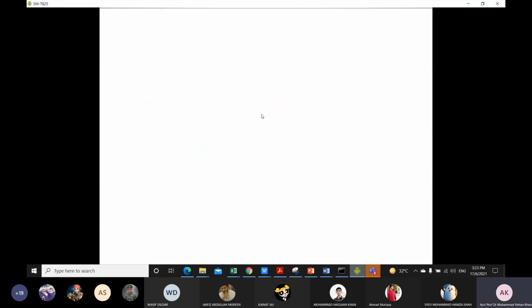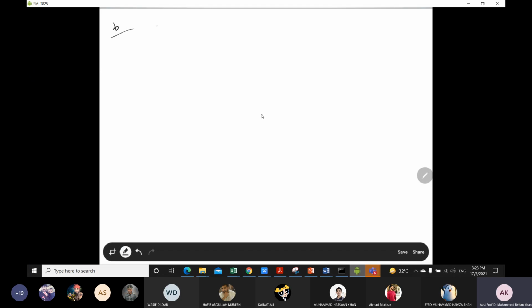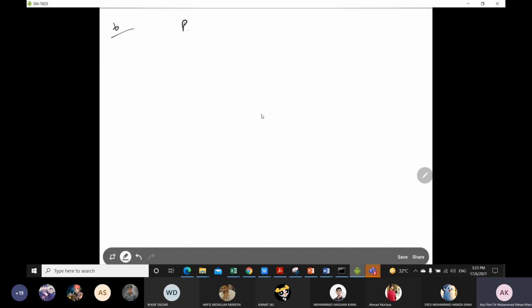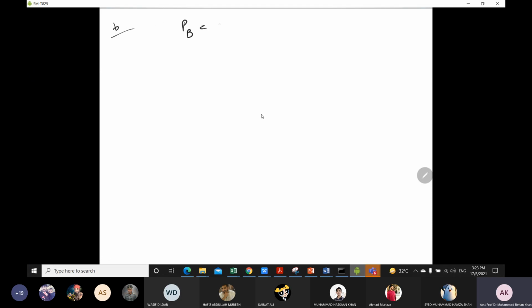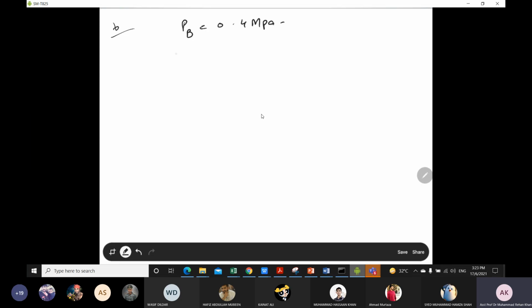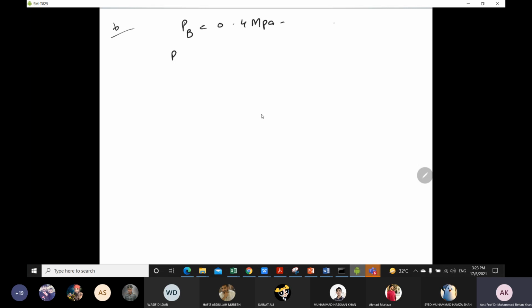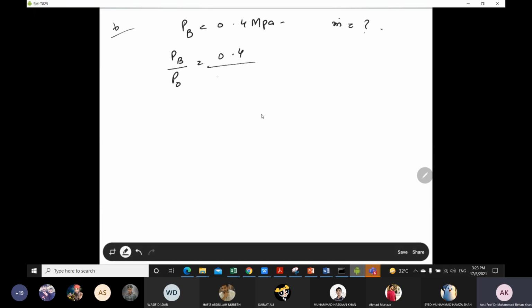Okay, so we will look towards part B, so you can easily find out the meaning of the choke flow, because part B is basically related to the choke flow. So in part B, we have mentioned in the problem statement that PB is equal to 0.4 megapascal. Okay, so for this, our main target is to find mass flow rate. So first we can find PB by P naught. So PB by P naught value is, because back pressure is 0.4 megapascal, P naught value is